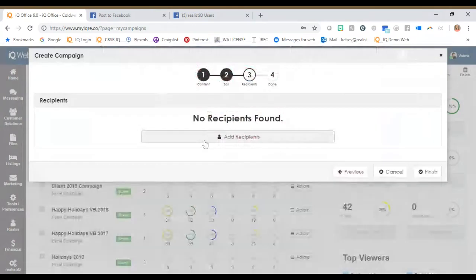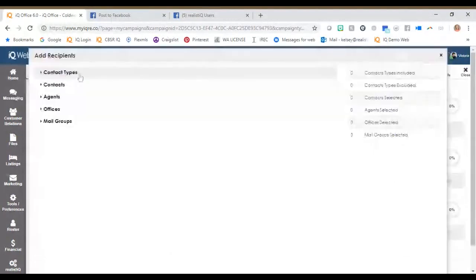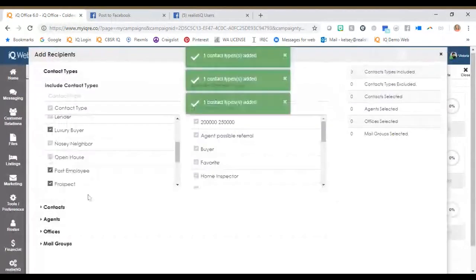So then I go ahead and you can go in and I'm going to say, okay, well, here is my important dates 2019. I'm going to open that campaign up and you can add additional events. And then you can also add recipients. I can add recipients by doing contact types, which we talked about underneath the contact. I can say, hey, I want my past employees and my prospects and my luxury buyers, or I want all of my contacts types. On the right-hand side, you're going to see a summary of what you're adding and click